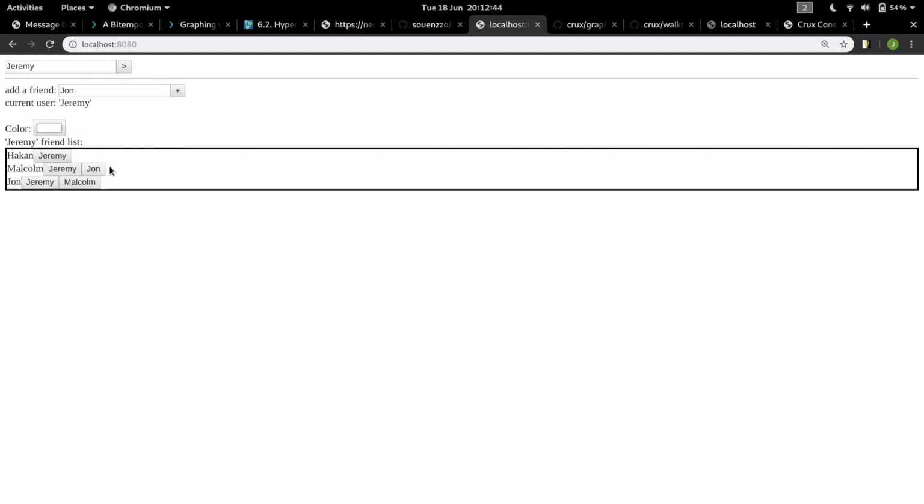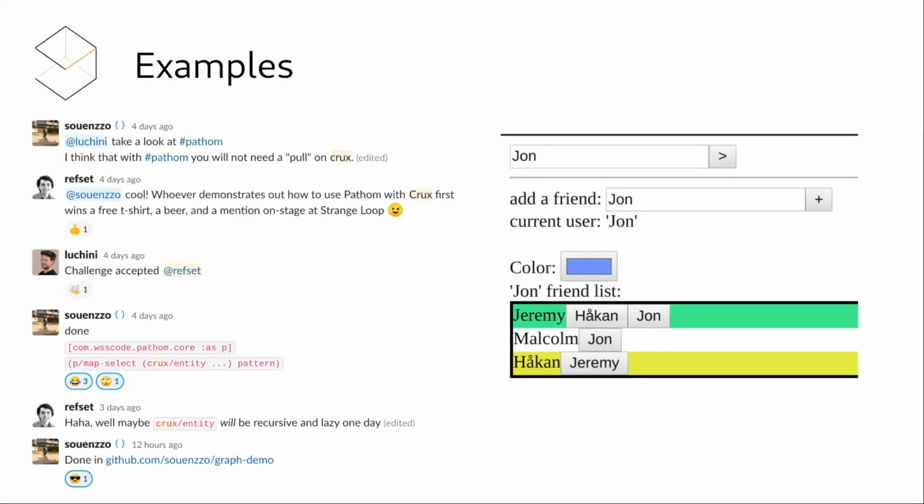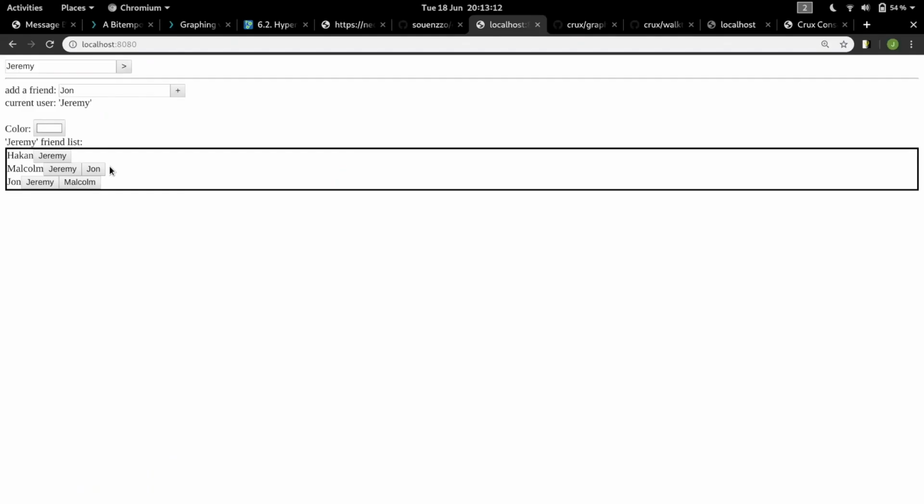Anyway, so you can navigate around the graph, but it's quite a nice little example, and the user interface is completely declarative in the way it's been defined, and I think it uses Fulcro or something under the hood. But it's a nice illustration of how quickly you can build things that are useful, well, for some measure of useful. So anyway, shout out to Sunzo for doing that. So there is another example.